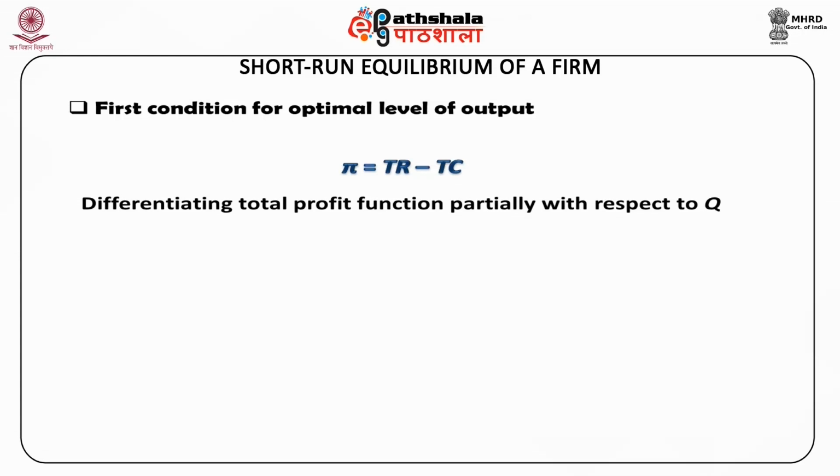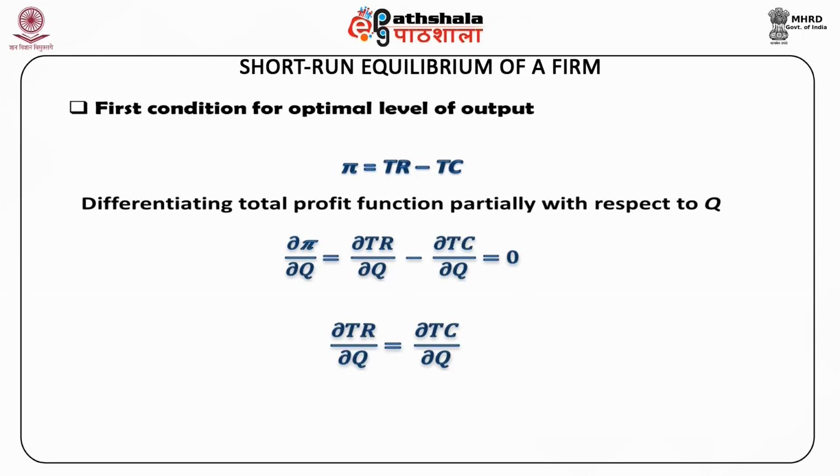Differentiating this total profit function partially with respect to Q, which is the output, and setting it equal to 0 gives delta pi divided by delta Q, which is equal to delta total revenue divided by delta Q minus delta total cost divided by delta Q. This is set equal to 0. This can also be written as delta total revenue divided by delta Q equal to delta total cost divided by